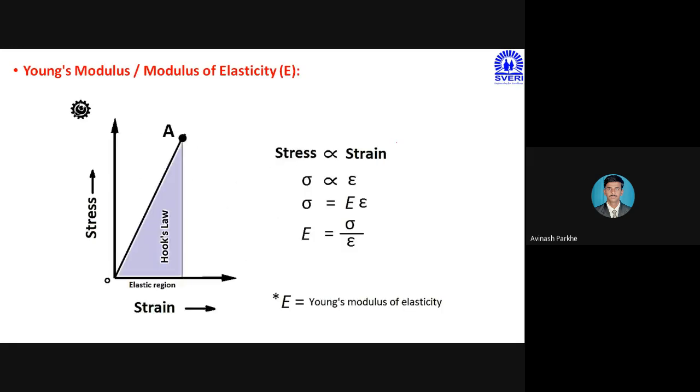Then we discussed the elastic constants. As we know, there are basically 3 elastic constants. One is Young's modulus E, second is modulus of rigidity G, and third is the bulk modulus K. All the elastic constants represent the material property of that particular component. For example, if a shaft is made of steel, then the modulus of rigidity of that shaft material, the steel, will be given in the statement of the problem, and by using that modulus of rigidity, we can go for the further solution.